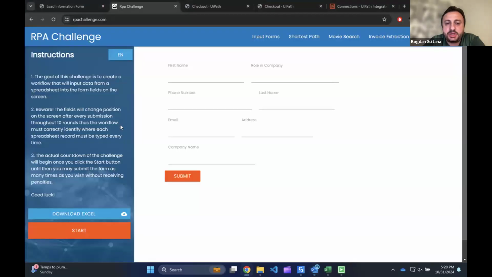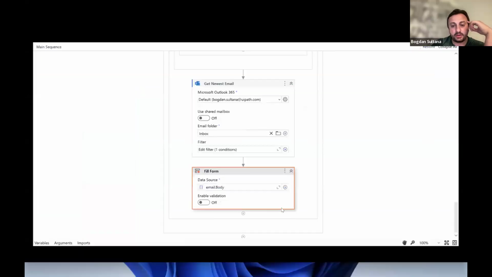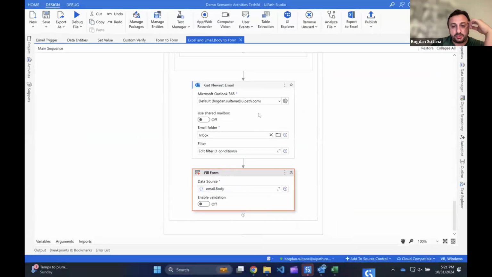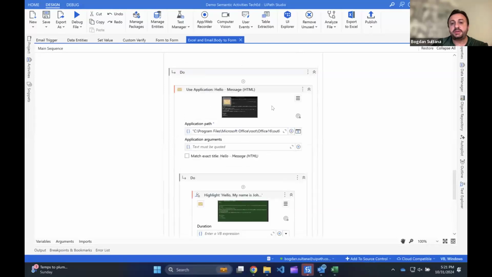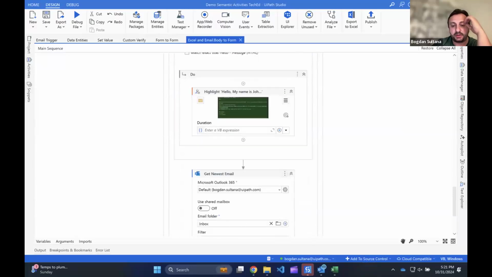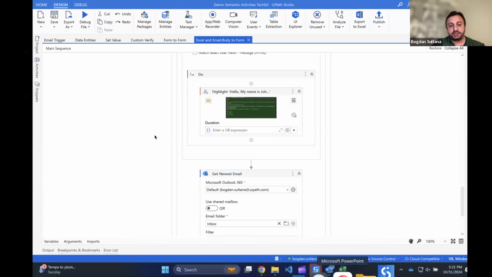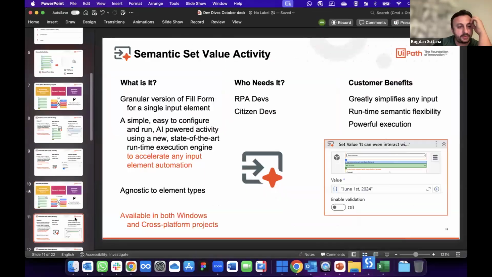This is one of the coolest functionalities of using an LLM, being able to extract structured data from unstructured. Okay, so we were able to do this quite easily. If we were to extract this using traditional activities, it would have been much more difficult. So now let's go back to the presentation and continue with the next